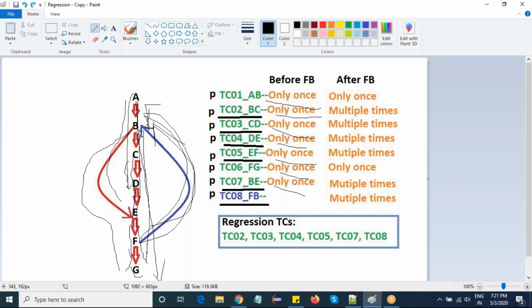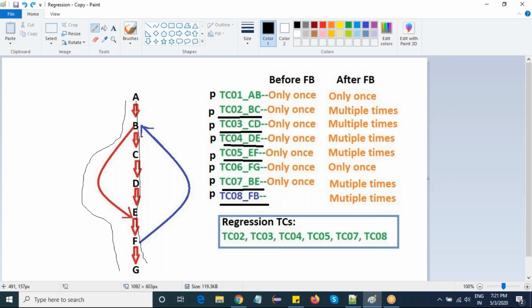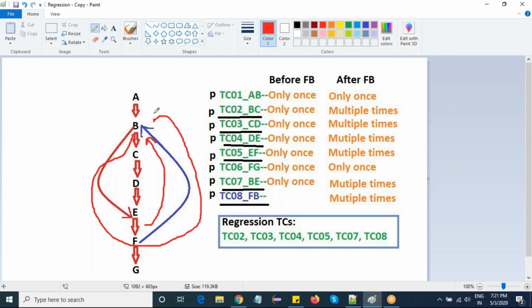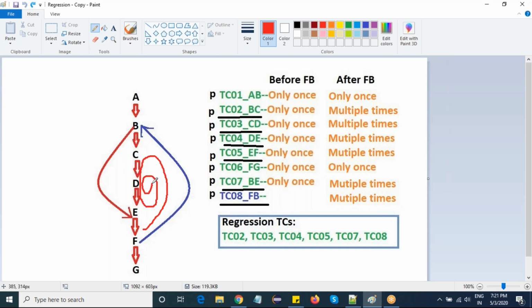So let me control the things. What are the flows? He can do multiple. This is the initial flow, right? I've given a different color so that you can easily understand. In orange, F to B is done, right? There should be a multiple flow from here like this. There should be a multiple flow from here. There should be a multiple flow from here like this, and from here like this.